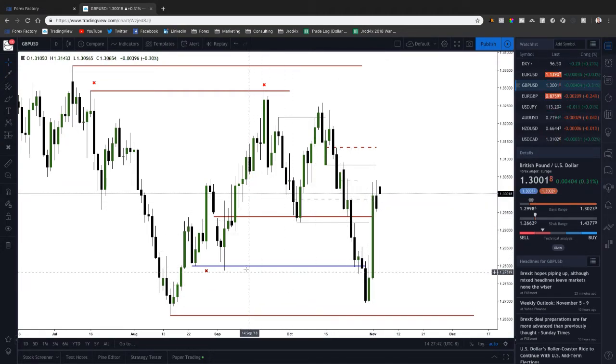So GBP USD for this week, I'll be looking for continuation lower up until we get above 1.3040. If we get above and close above 1.3040 to 1.3050 with a big bullish candle, I'll be looking for higher prices. But as long as we stay below there, my first target will be the 1.27 big figure down to 1.2760, then 1.2660.